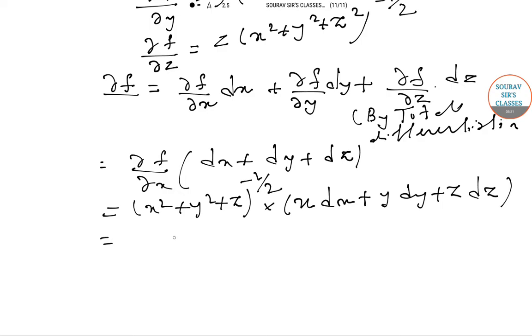So that becomes (1 plus 4 plus 4) to the power minus half into (1 into minus 0.02